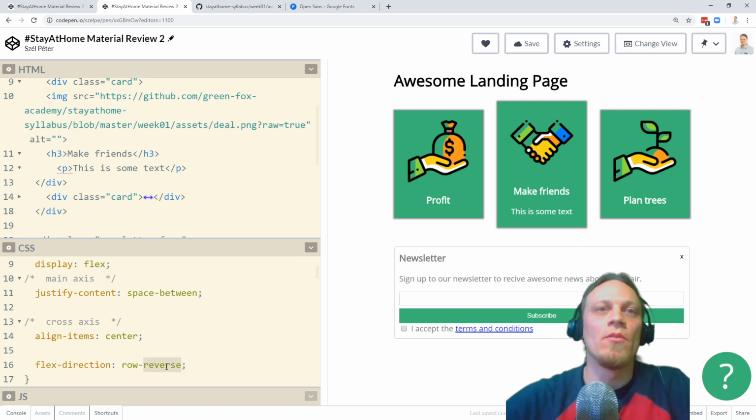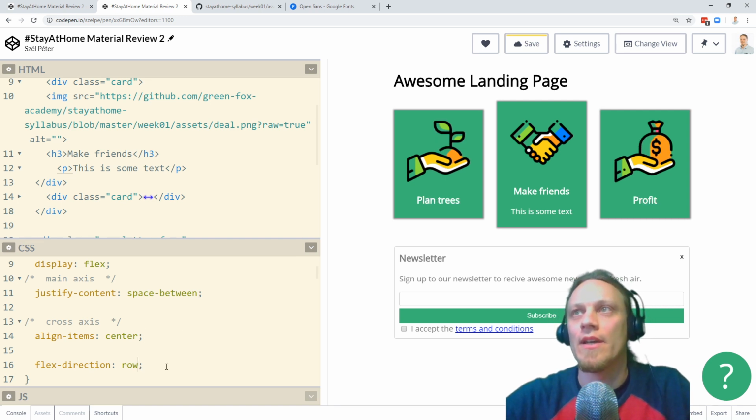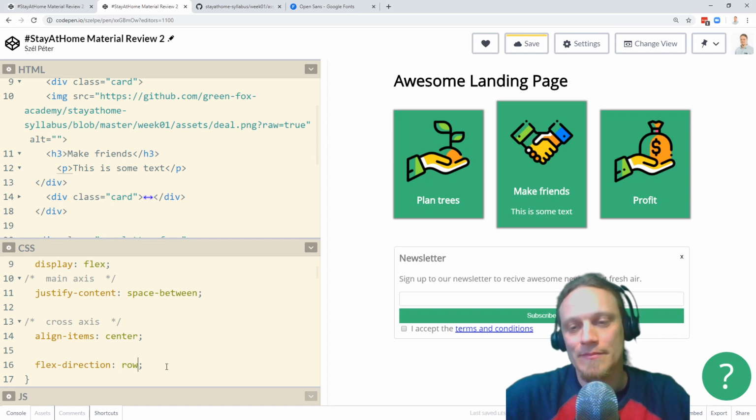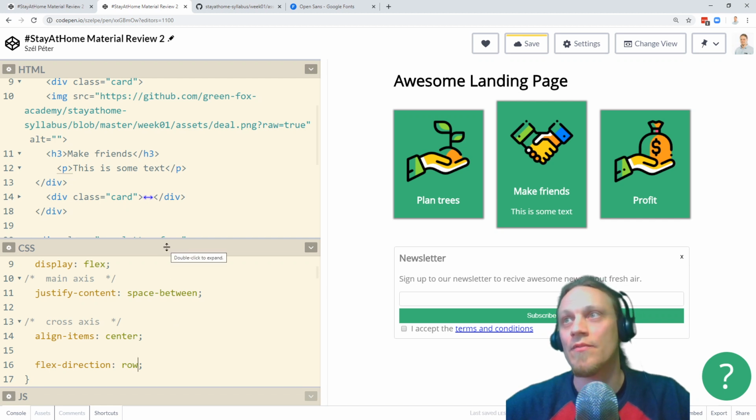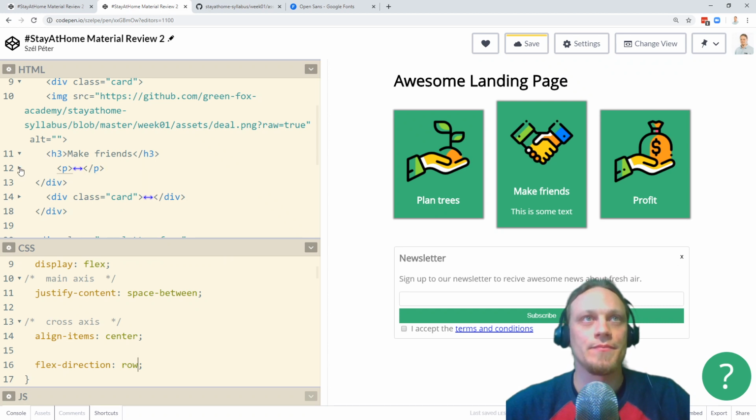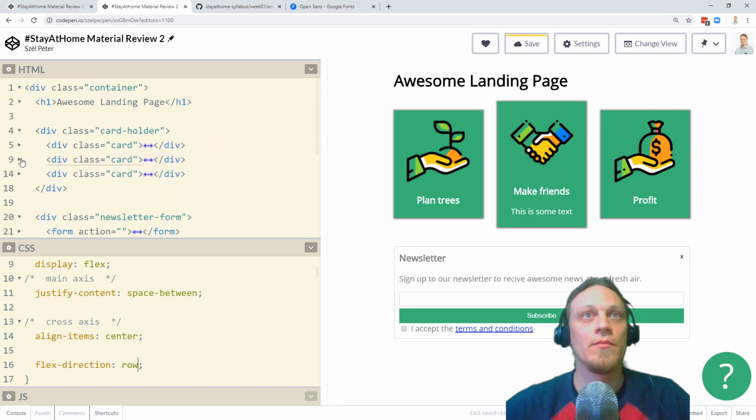Let's go back to the row, because that's what I actually want. I just showed you that this is an option. So you already asked, and I wanted to show you this. What happens if there is a fourth item, right? Because right now we have 3 boxes. And someone asked, what happens if there is another